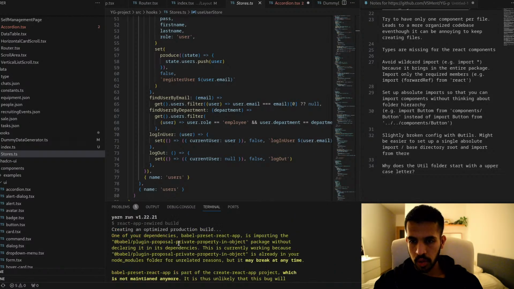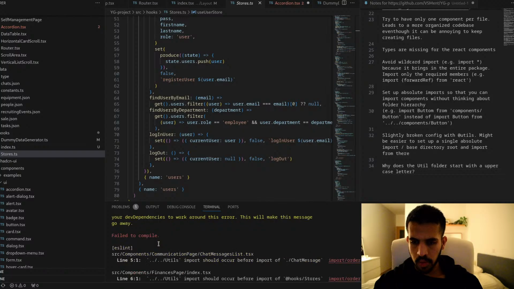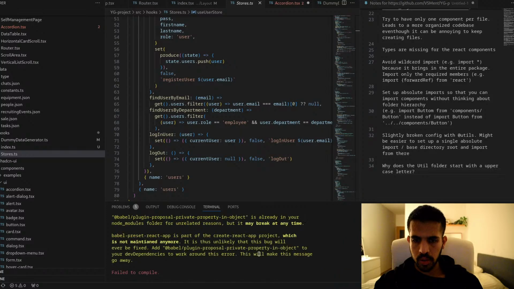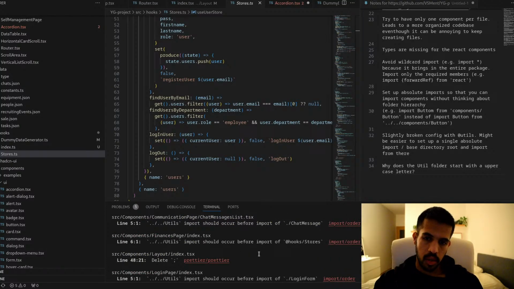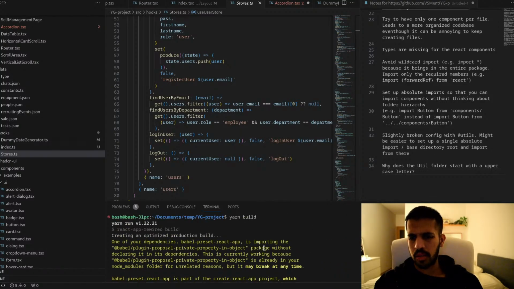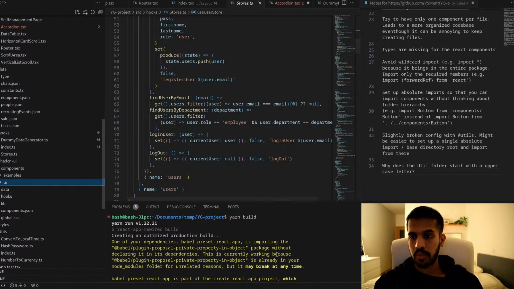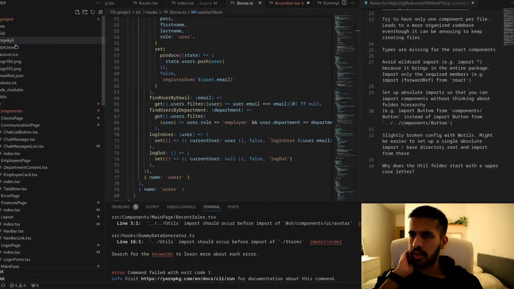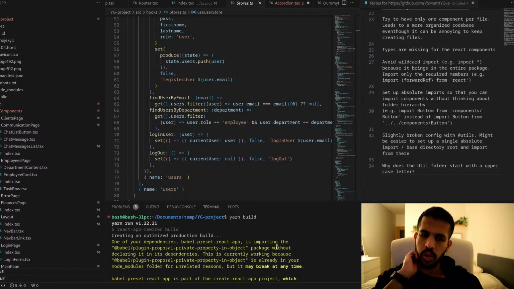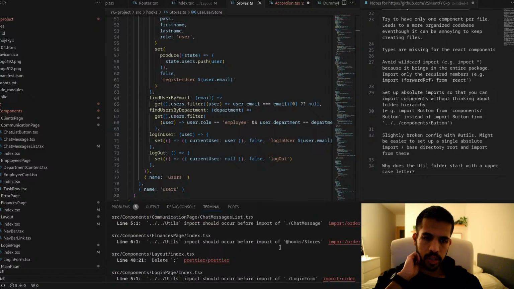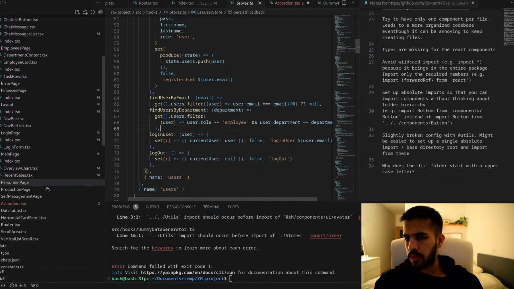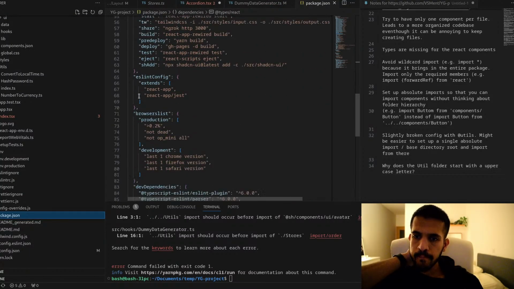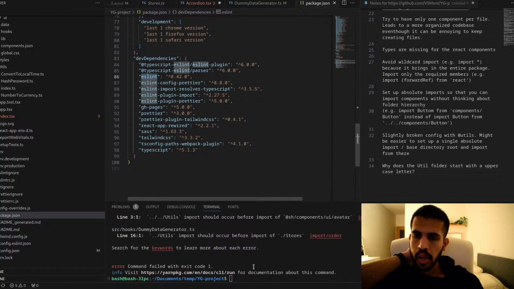Yeah, failed to compile because of these errors. So that's weird. Usually I think React app is set to emit even if there are errors, so it's strange that it's doing this. So I can try to fix these. Is it set up with eslint? Okay. Yeah, it seems to be set up with eslint.